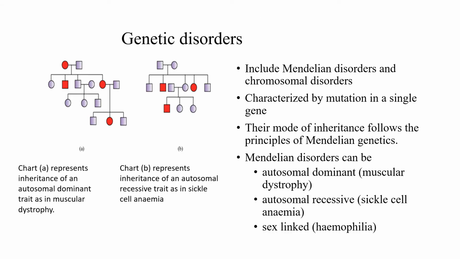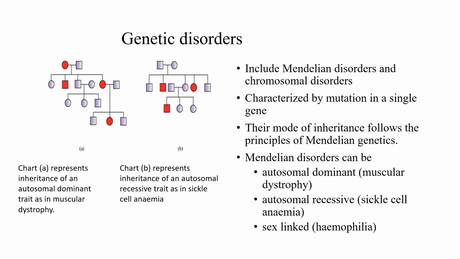Then next, genetic disorder. From the term itself we can understand it is genetically any defect. This includes Mendelian disorders and chromosomal disorders, characterized by mutation in a single gene. Their mode of inheritance follows the principles of Mendelian inheritance. Mendelian disorders can be autosomal dominant. For that example, muscular dystrophy, it is shown here. This is muscular dystrophy. This is autosomal